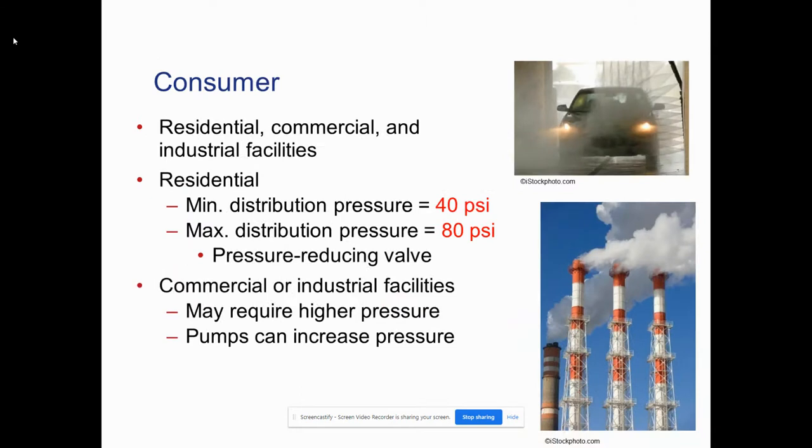So there's a difference for residential. The minimum distribution pressure is 40 and the maximum is 80. And sometimes we need to use pressure reducing valves to slow that down. Commercial industrial facilities may require higher